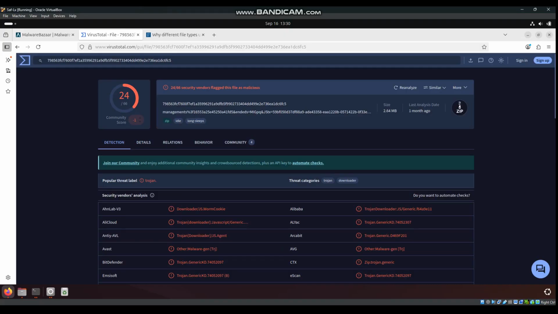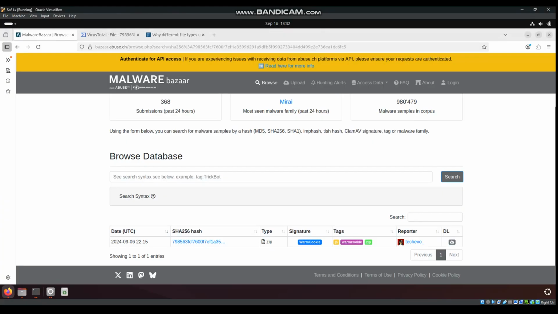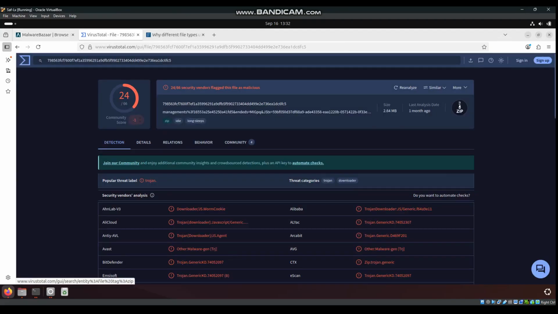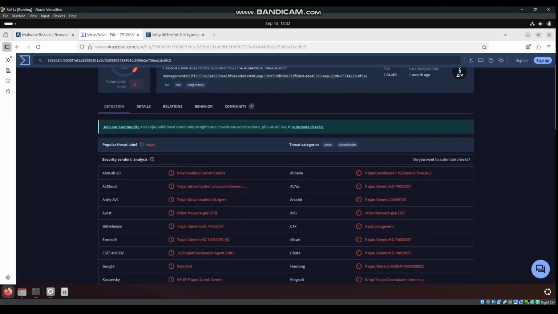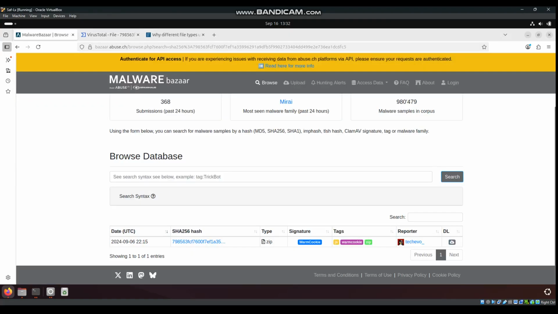And here we can see from the AHM lab v3 downloads one cookie. So this zip file falls under the malware family. So from VirusTotal we can conclude that this zip file belongs to the malware family worm cookie. In a similar way, in the MalwareBazaar,